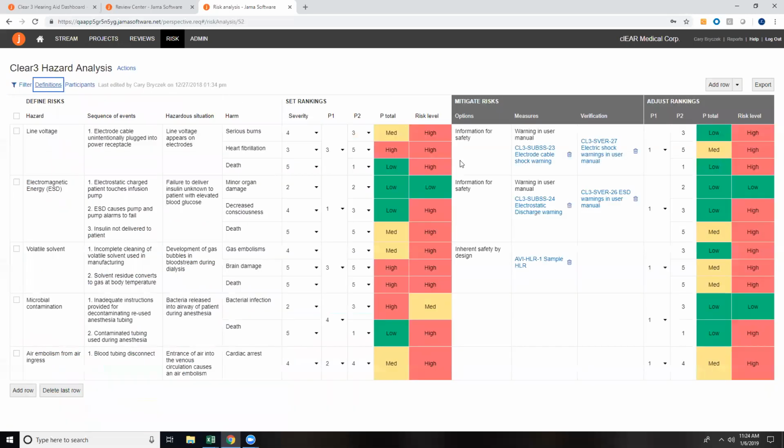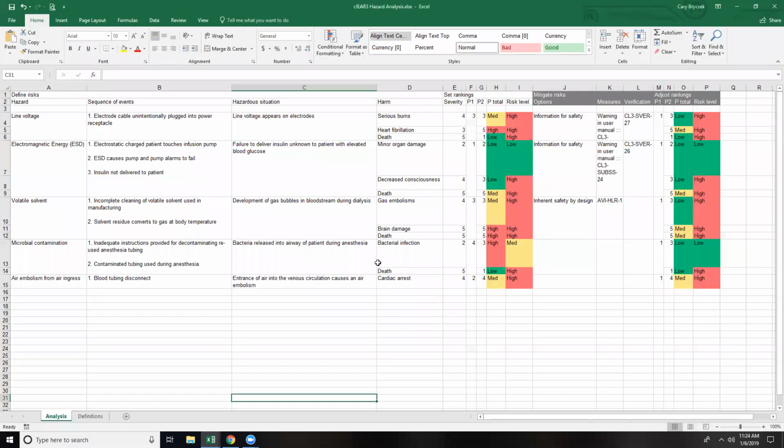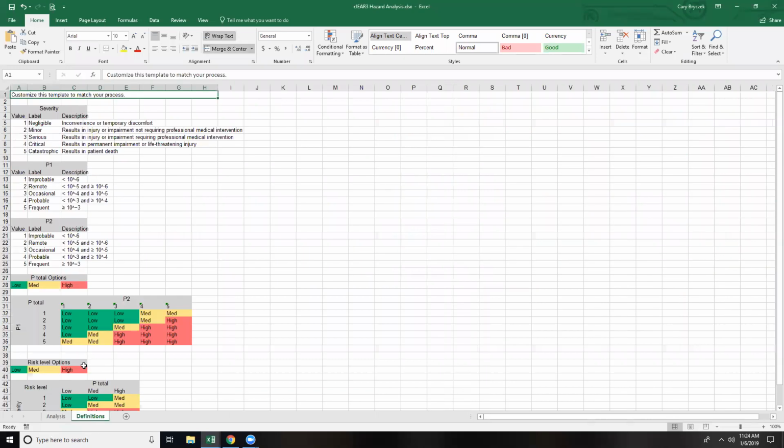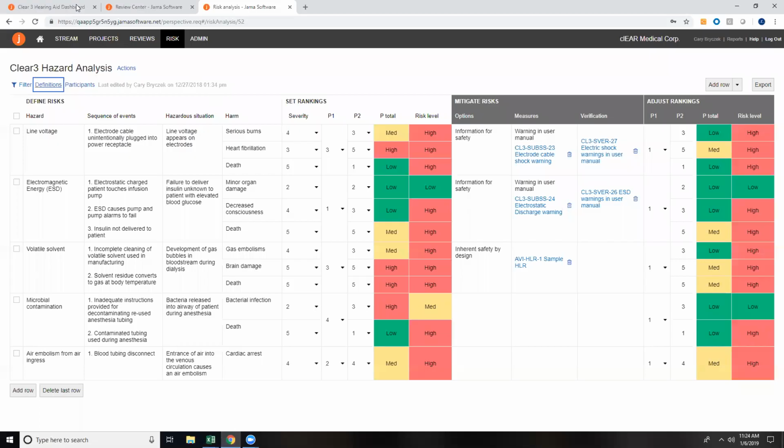This particular risk analysis can be exported out to Excel, and it looks pretty much exactly like what you see on the screen. I can see that same information, and we export the definitions as well. Right? So, back into Jama,